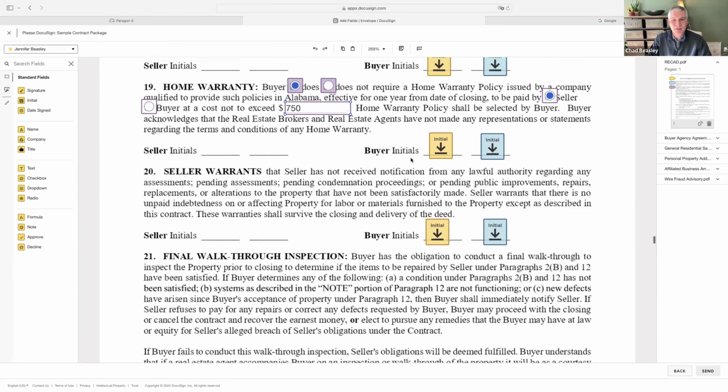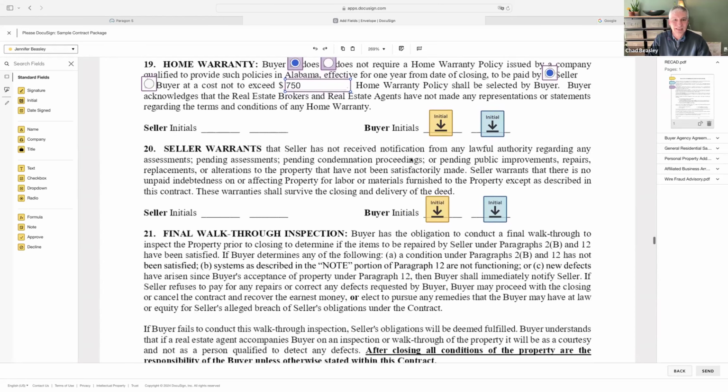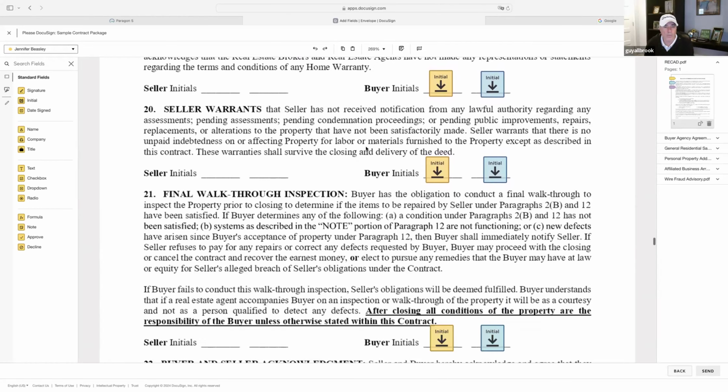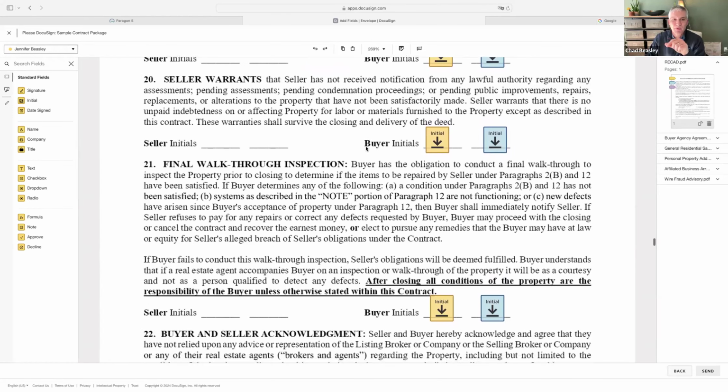You just have to weigh out whether it's important to your buyer or not. And even if the seller's not paying for it, you don't even have to put it in the contract. If the buyer wants one and they want to pay for it, you can just order it and have it done at closing. Okay. It is important that you do it at closing though,